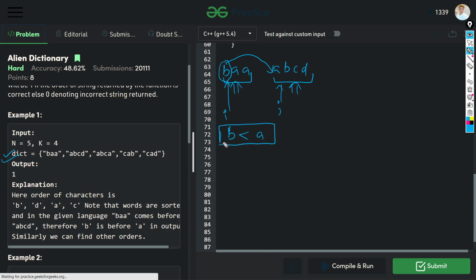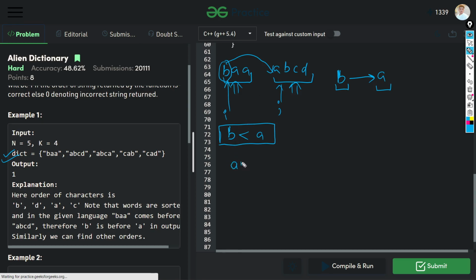Okay, that means we write it this way: we make an edge from B to A, because B will happen before A in the order. And we follow the same process for all the strings.